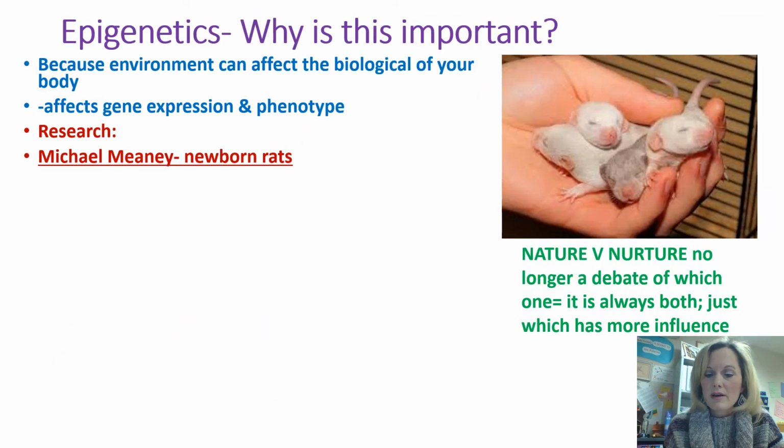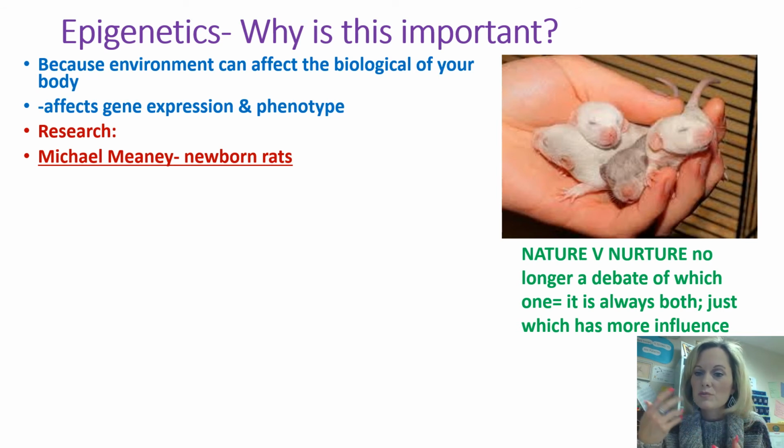One of the important studies that they did, of two that I'm going to show you, Michael Meaney did studies on newborn rats, and he was looking at nature versus nurture. And today, psychologists, remember, from the intelligence unit, believe that it's both nature and nurture. It just depends on the percentage, which percentage of genes are related to behavior and thinking, and what is more environmental in the way that we act. And they say a little bit of both, but it depends on this and that. And it also depends on what it is, how much percentage of a specific fact. So all the things that we do all have different percentages as to what genetics and environment played a role in that.